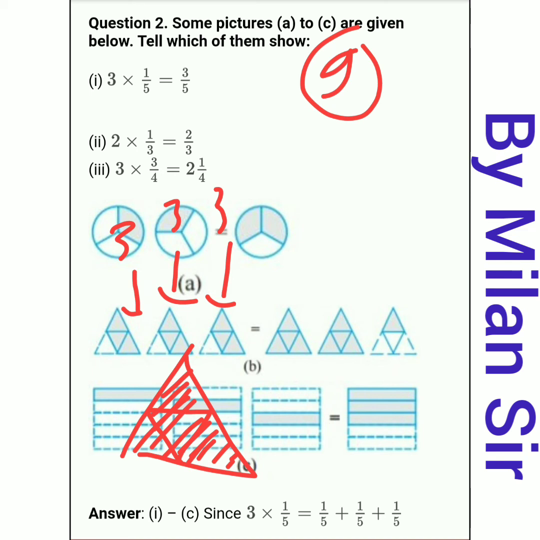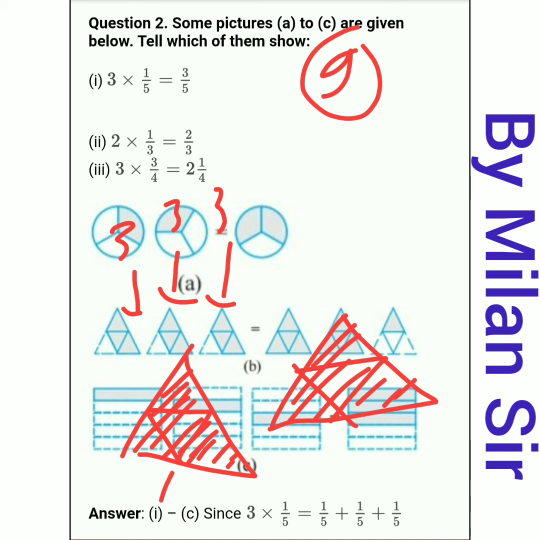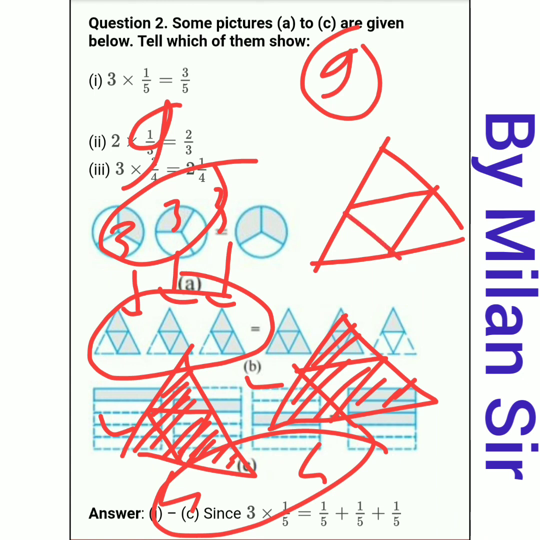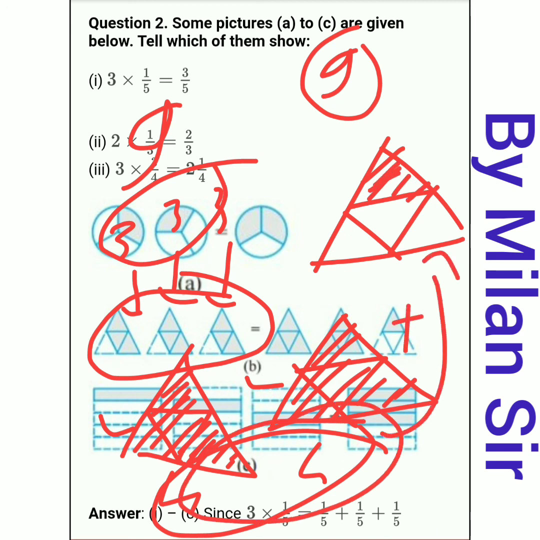So we want a second figure, right? Again make 4 parts and shade all the parts. So the total number of parts is 4 plus 4, 8. Now again one part is remaining, right? Because on the left hand side the total number of parts shaded is equal to 9. So we need to shade 9 parts on the right hand side too. But here we draw two figures, then we get a total of 8. So draw one more figure. The total number of parts needs to be the same, that means 4. Now we need to shade only one part on the right hand side, because 4 plus 4 is 8 and plus 1 is 9.